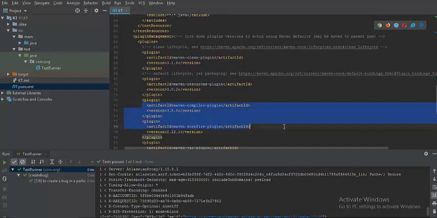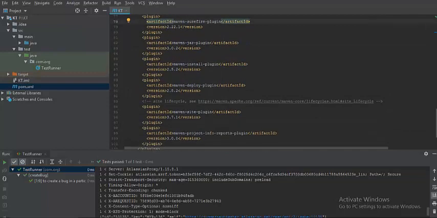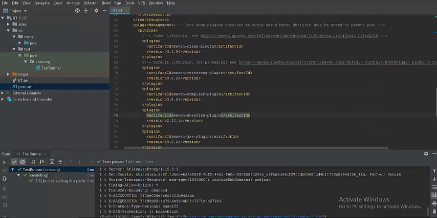These are the plugins which will help us to capture the reports, and which will help us to recognize our project when you are running from the path. It will also help us with a lot of other options, like if you wanted to skip the test and only build the code, or you wanted to ignore the failed test cases. There are a lot of other goals, and if you look into the Maven manifesto, you will have a lot of different commands, like how to work with them and how you can differentiate one from another. That part you can explore. So this is the simple case.